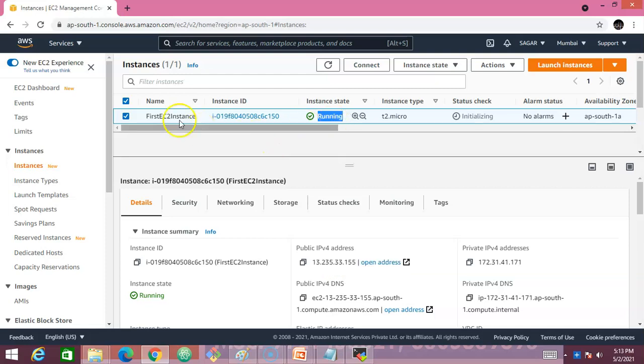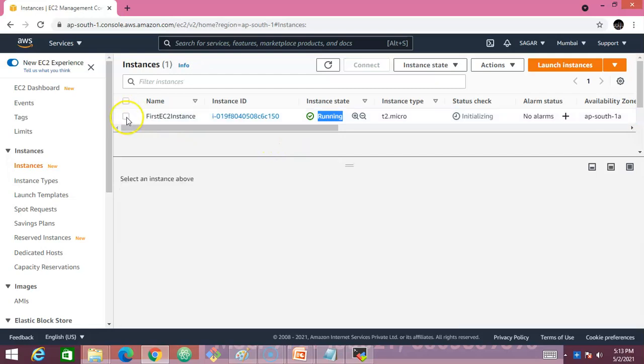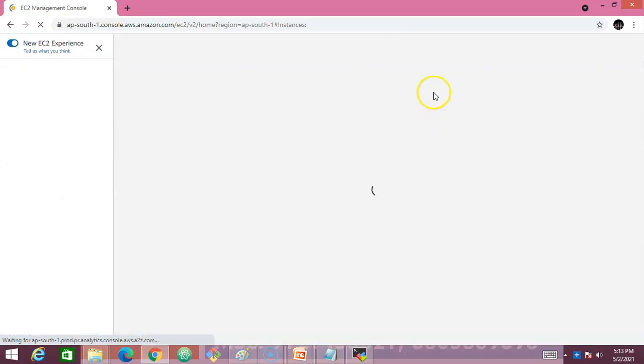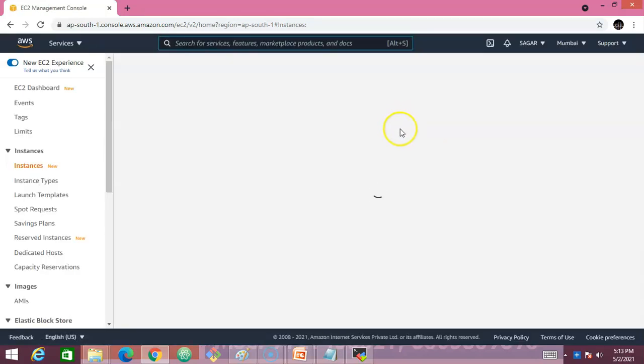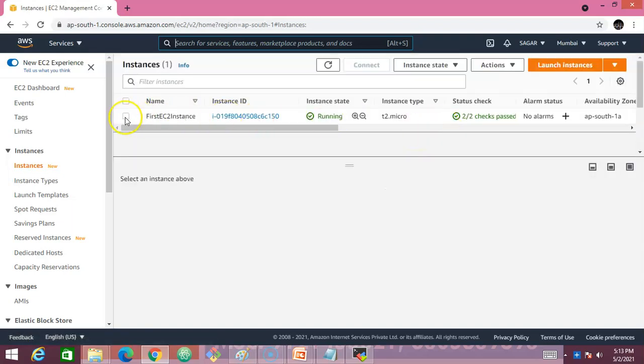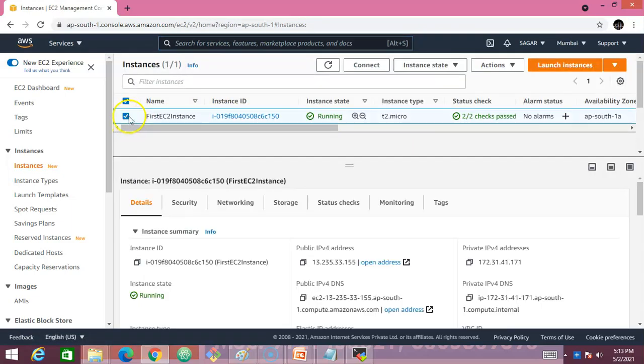So in order to stop your instance, make sure you select this instance, and click on the instance state, and click on stop instance.